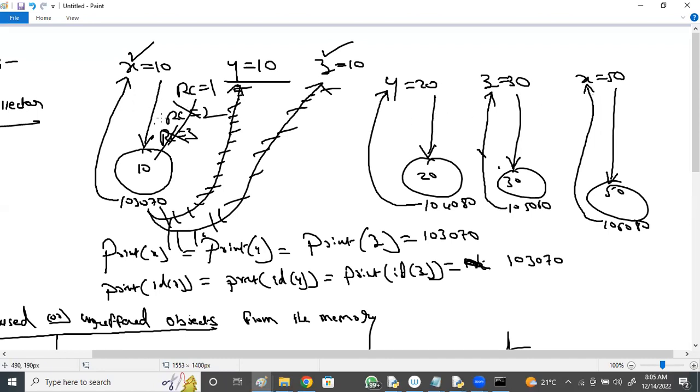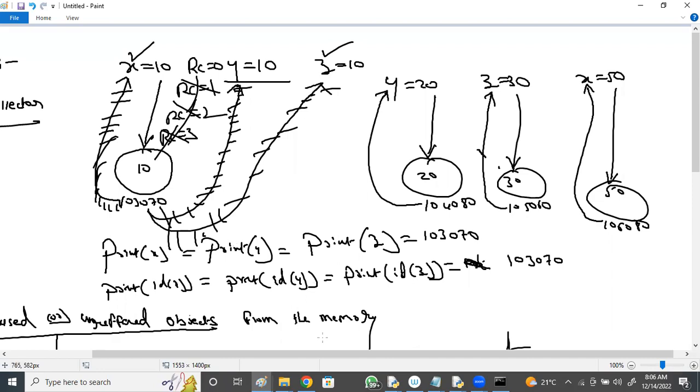If you modify this also, the reference count becomes 0. Previously, three variables were pointing and the reference count was 3. Now the three variables are pointing to three different new objects, so the reference count becomes 0. Now this object is immediately removed by the garbage collector. When the reference count becomes 0, the garbage collector immediately removes the object from memory. Understood, right? What is reference count? What is garbage collector? How is an object removed?